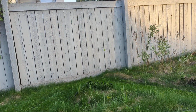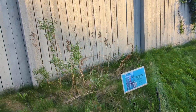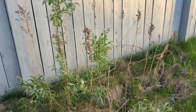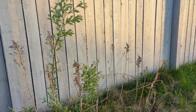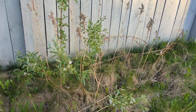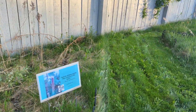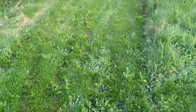And fireweed. Fireweed is great for the bees as well. They're coming in the back there. And here we have willow and flowers. The bees always have something. Here's quite mixed